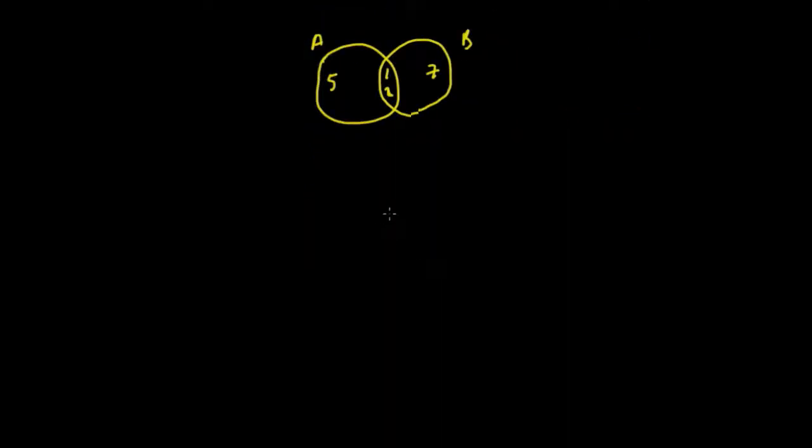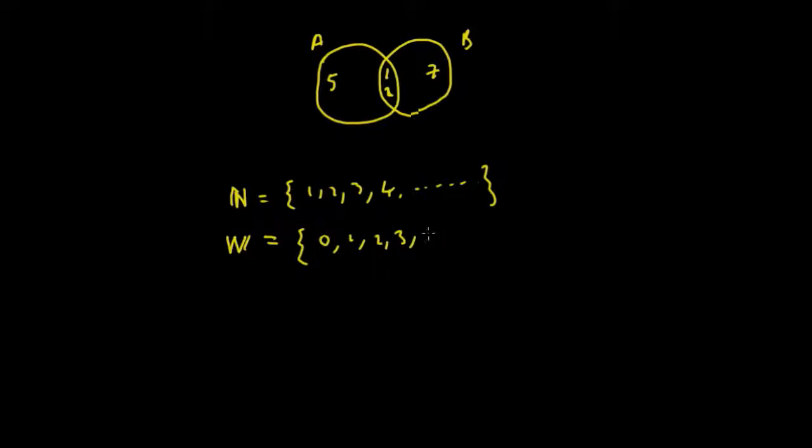Okay, so a quick recap as well on the number system. Now, the set of natural numbers N equals all the numbers 1, 2, 3, 4 off to infinity, and the set of whole numbers is the set of natural numbers with a 0 added, so 0, 1, 2, 3, 4 off to infinity, and the set of integers is the whole numbers but including all the negatives as well, so say -2, -1, 0, 1, 2, and the set Q, the set of fractions which are called the rational numbers, so I'll just write that as a set of